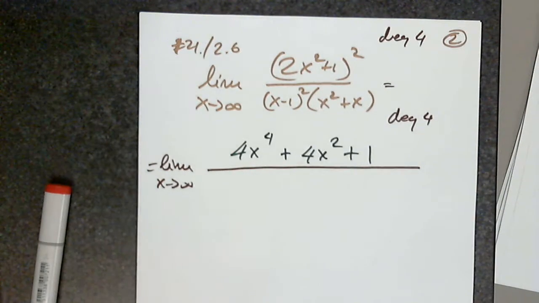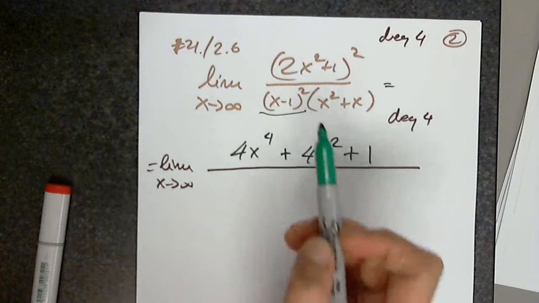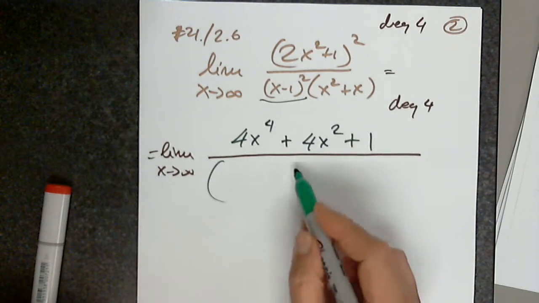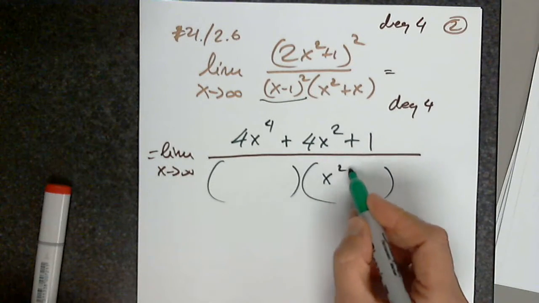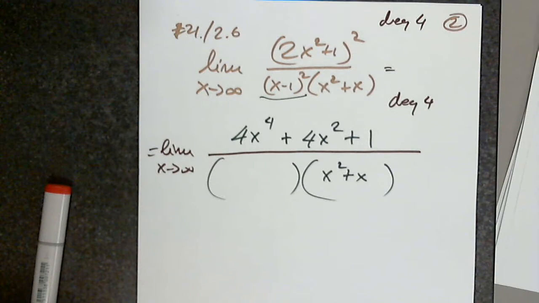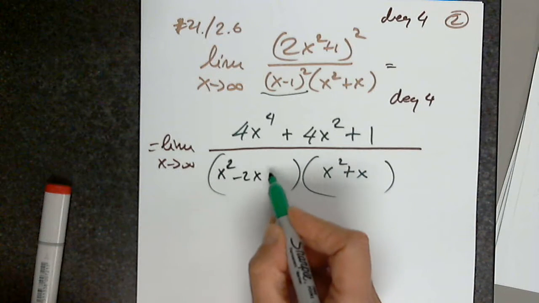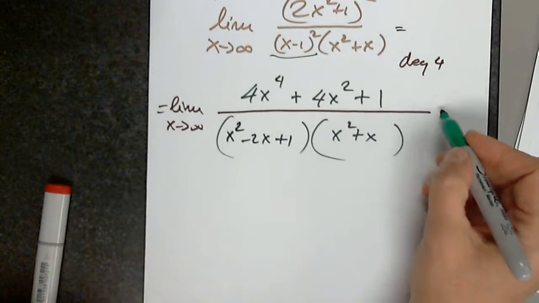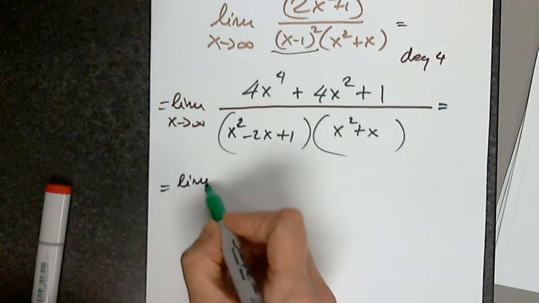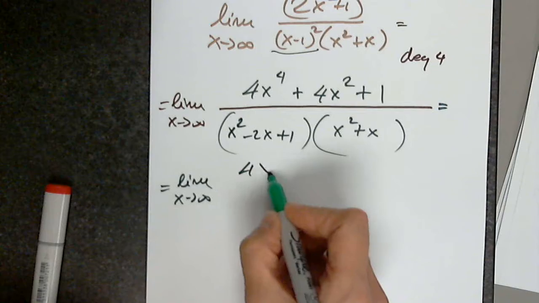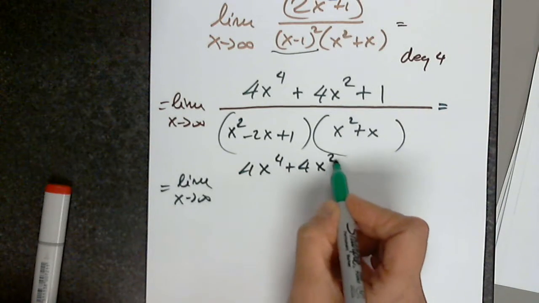Excellent. Thank you. Again, on x minus 1, we have a contract. So please tell me what to write. Excellent. Good. So now I have limit as x approaches infinity, 4x to the 4th plus 4x squared plus